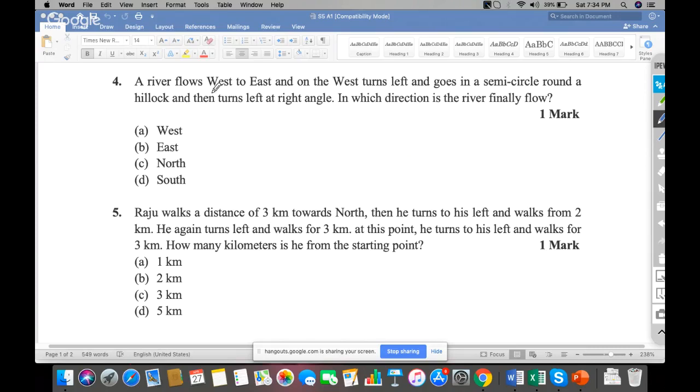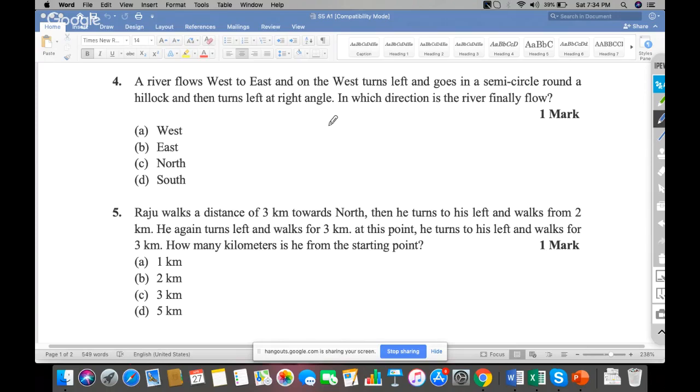A river flows west to east and on the west turns left and goes in the semicircle, the hillock, and on the west, this side, turns left and goes in the semicircle like this,